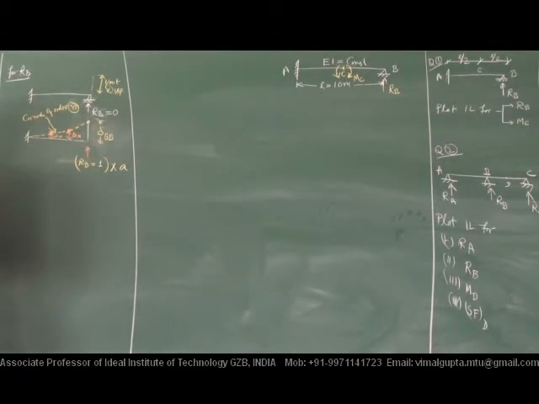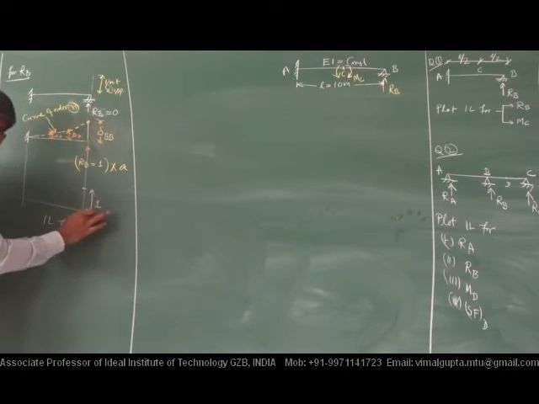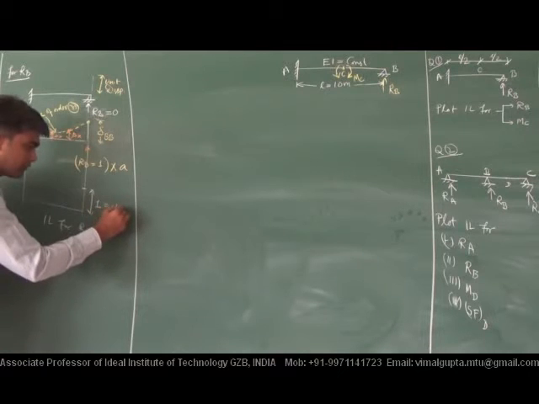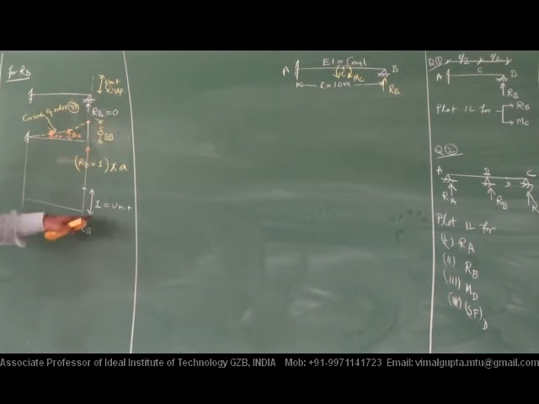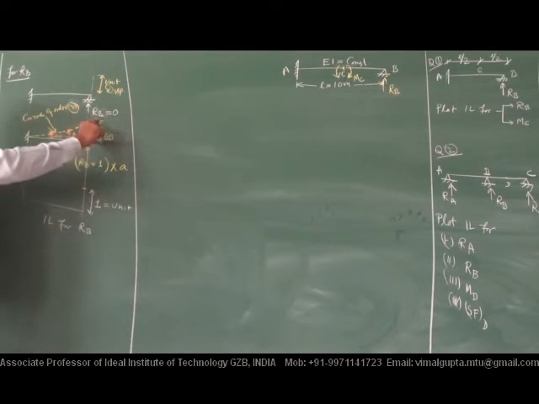If we want to plot IL for RB, that value should be unit. That value should be unit, everybody. But if the value is del BB, then since we want only 1,